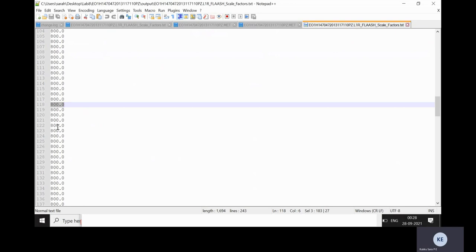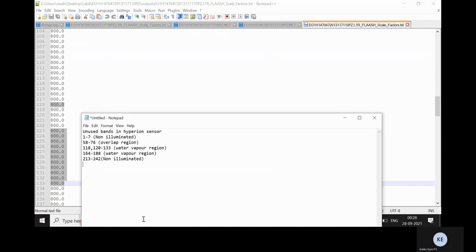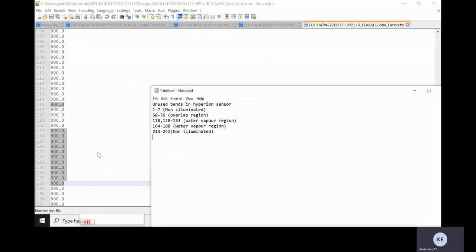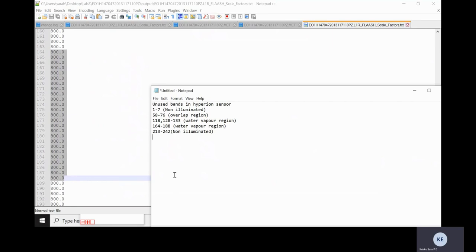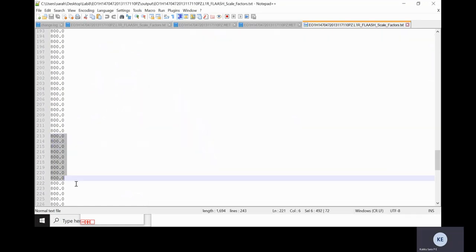Then 164 to 188. Then 213 to 242. So we have selected all the unwanted bands.